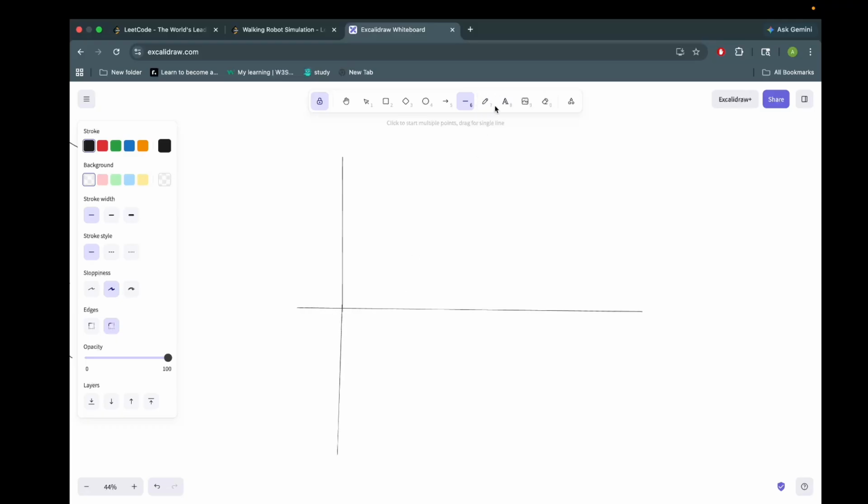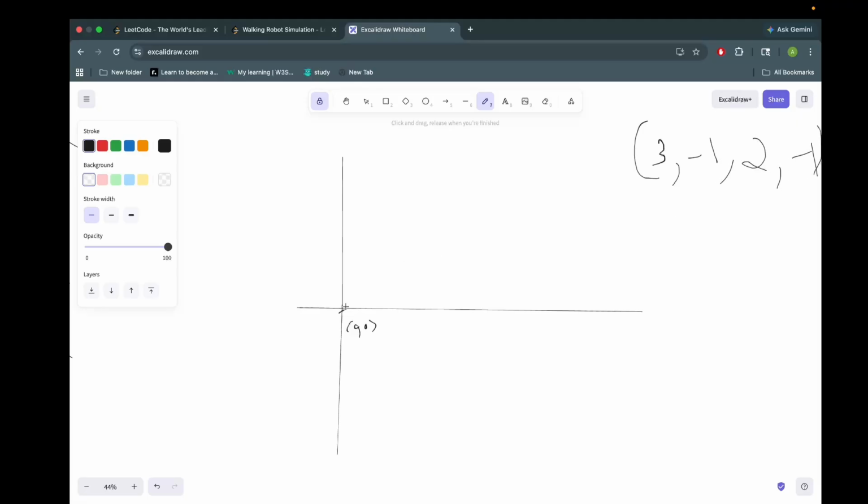Okay, let's say it's at 0 0. Initially I'm facing north, right? So let's say my instructions are go 3 north, then turn left and go 2, and then turn left again. Just simple. So initially my x and y is 0 comma 0, right? Step 2 is 3 north, so we go plus 3, xy becomes